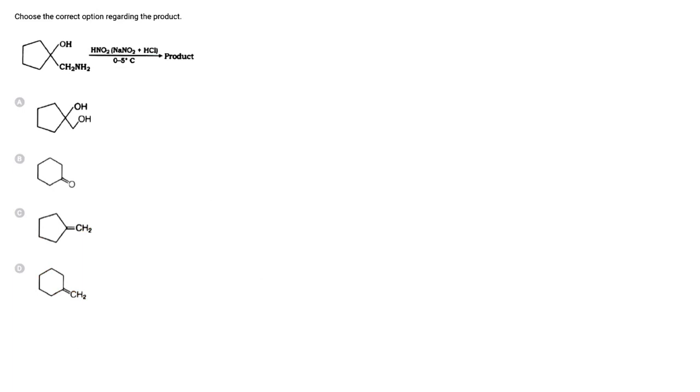In this question we have to find the correct product of the reaction. Now this is the case of semipinacol pinacolone rearrangement. First of all, NaNO2 and HCl will combine to form HNO2. HNO2 undergoes autoprotolysis. HNO2 is having a structure like this. Now it will go through autoprotolysis.